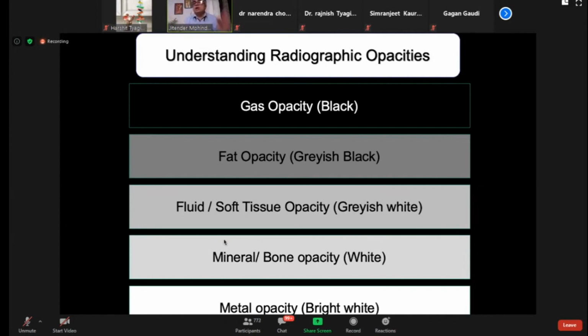See, if you show a radiograph to a layman, let us say to your parent or your brother, sister who is not a vet or not a medico, he can say that this is bone, this is air. But this fat and fluid is what makes you different from others. If you understand or start seeing these two opacities, you are definitely above others. So you have to understand how to see a fat opacity and a fluid opacity. So I will tell you how to see these opacities.